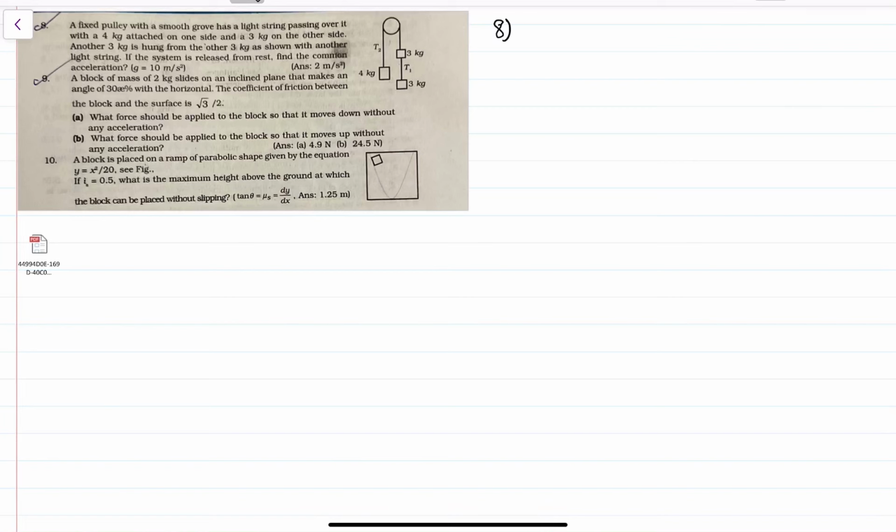Good morning, students. We are continuing from question number 8. So, here question number 8 is about a fixed pulley. A fixed pulley